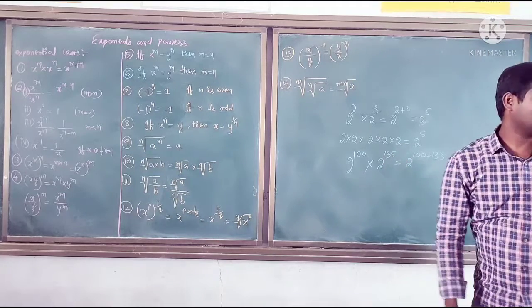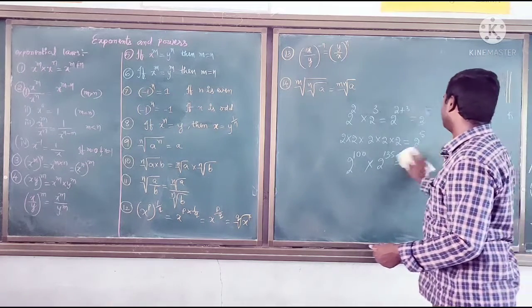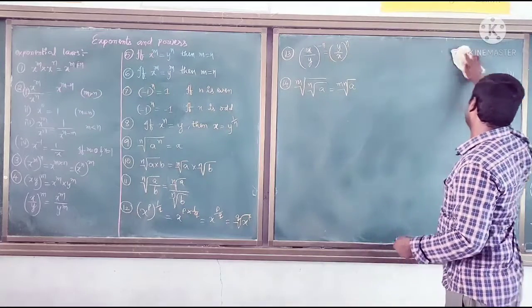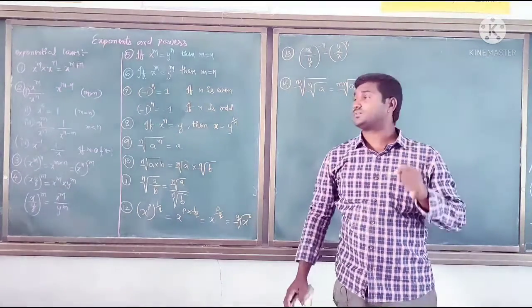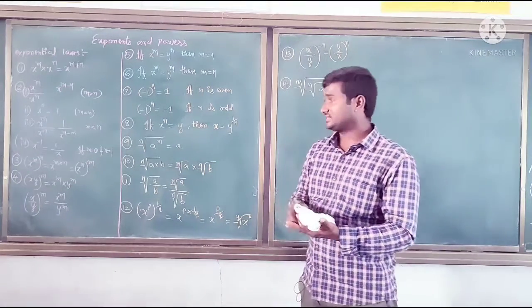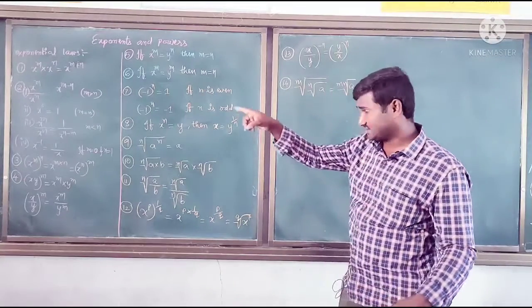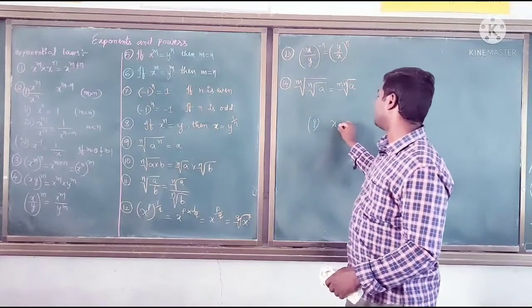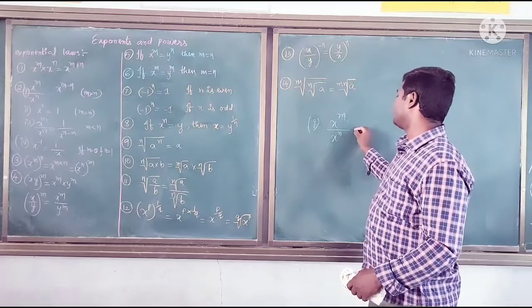So next we are going to the next property, that x power m by x power n. It's a very important property, and in this we have 4 cases also. So we should learn these formulas very carefully. Here, in the second one, first case we have x power m by x power n, where m is